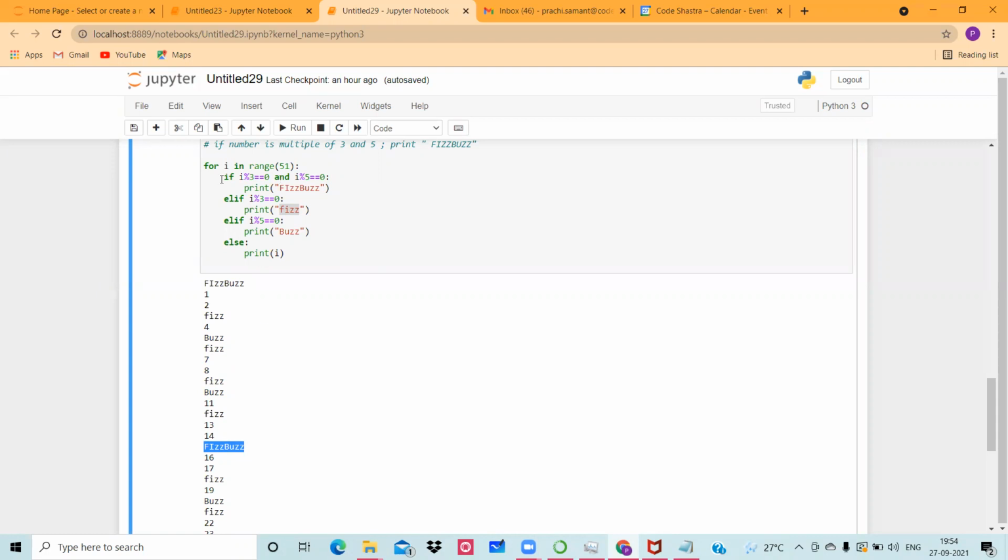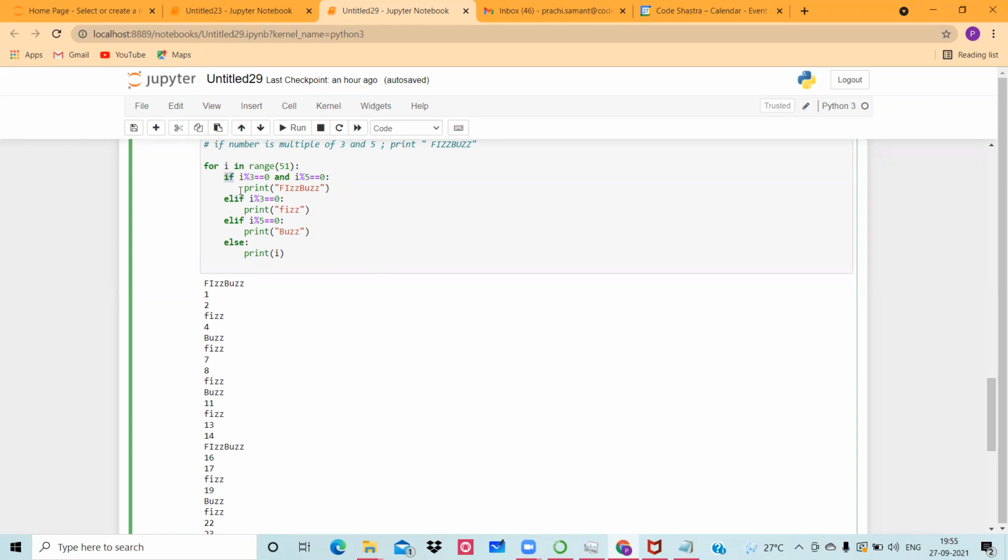So when this 15 comes, 15 is divisible by 3, and 15 is divisible by 5. That means this condition will become true and FizzBuzz will be printed. A question will come to mind: 15 is also divisible by 3 individually and by 5 individually, so what about that? It won't go to the else if, because the first time you get the condition true, the else if rule is that it doesn't go to the next else conditions.